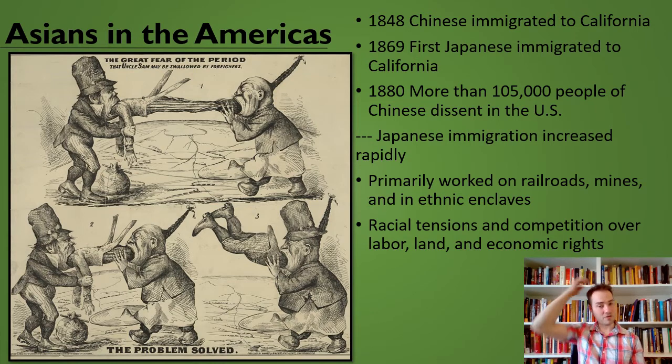This idea of yellow peril, as it sort of came to be called, was incredibly popular. There was a book written at the time about how the Chinese simply could breed faster and how they could live on less food and all these sorts of things, and how it was inevitable that the Asians would sort of take over the world. And President Roosevelt was actually very moved by this and was very concerned about these sorts of things as well. So there was a big sort of debate about economic rights for these people, citizen rights for these people. And we'll kind of see later where that stuff is going to go.